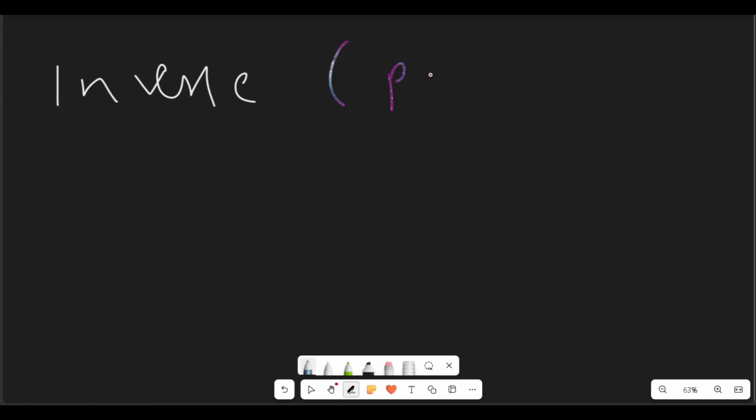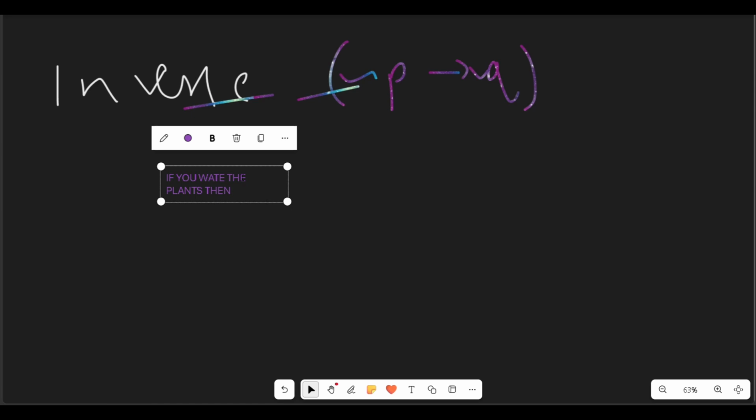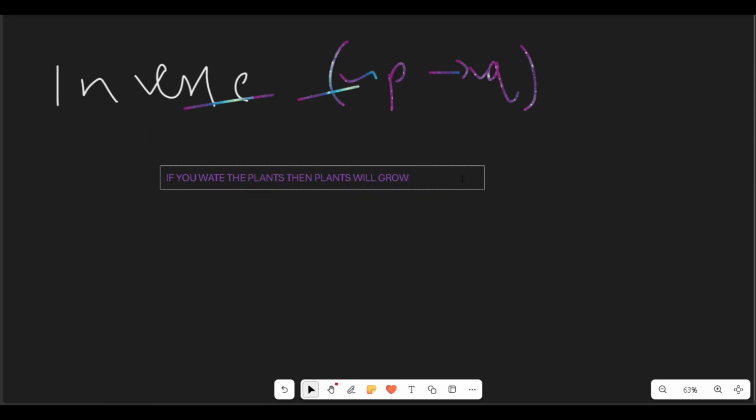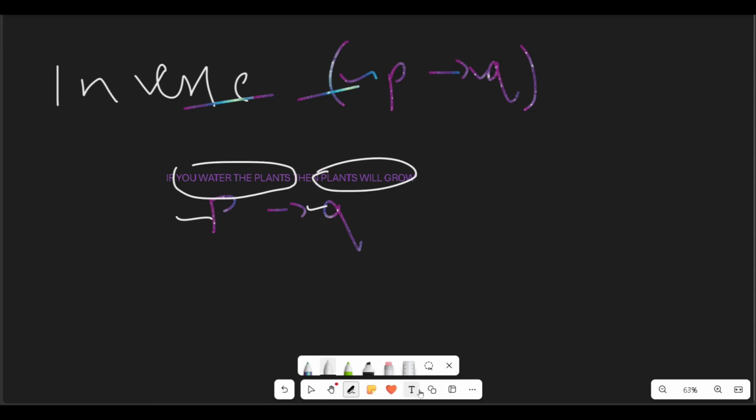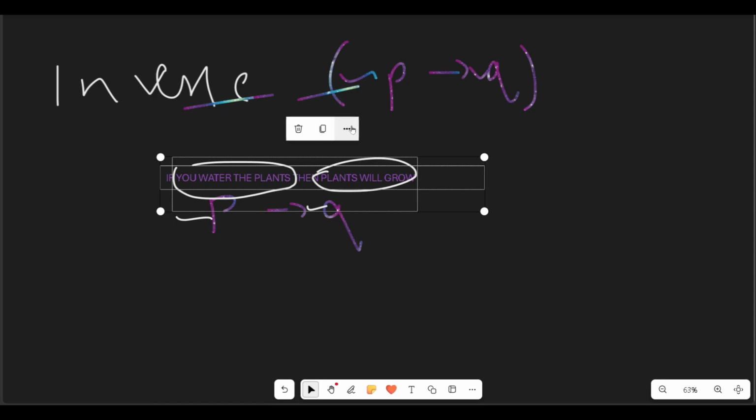We have the conditional, and we just flip them both, negate both. So if you water the plant, then the plant will grow. This is our P to Q. If you water the plants, then plants will grow. But the negation of this is just